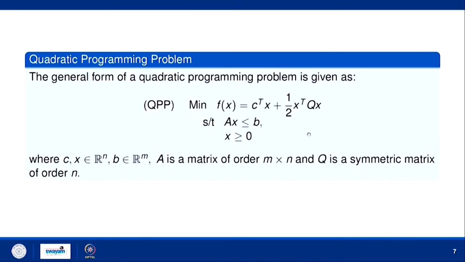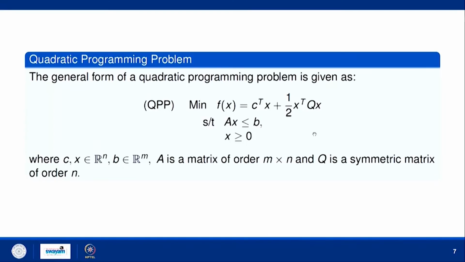Now, the interesting question is when this problem is a convex programming problem. See, the constraints are all linear, so we are not worrying about the constraints; these are obviously convex. But what should be the restriction on f, on C or Q, so that we can say the given problem is a convex programming problem? Now, why are we focusing on convex programming problems so much? That we will discuss in the next lecture. First, we will see when we can say that this problem is a convex programming problem.